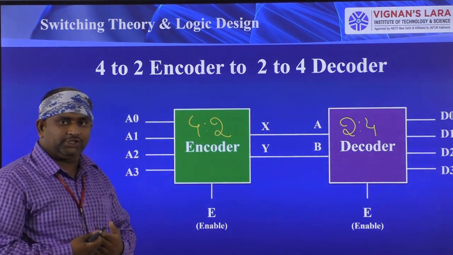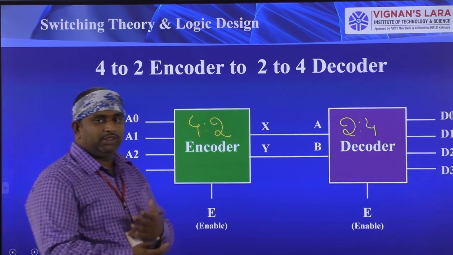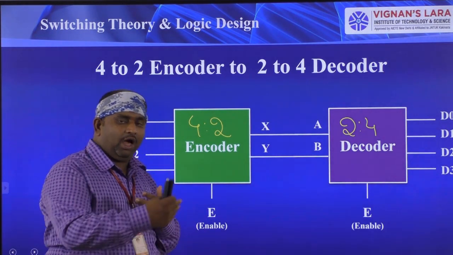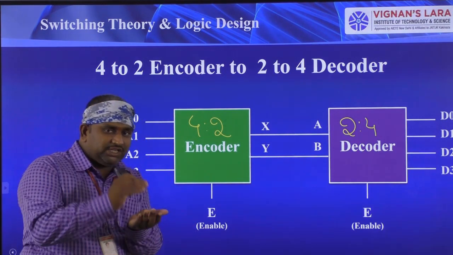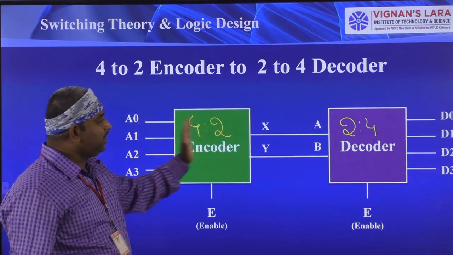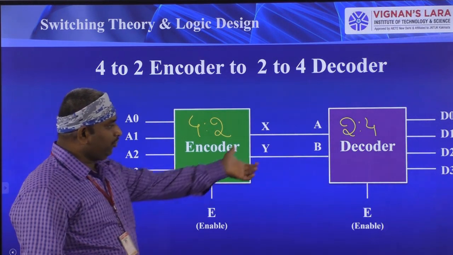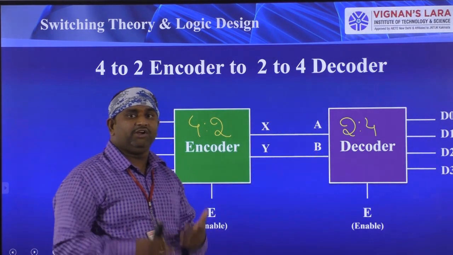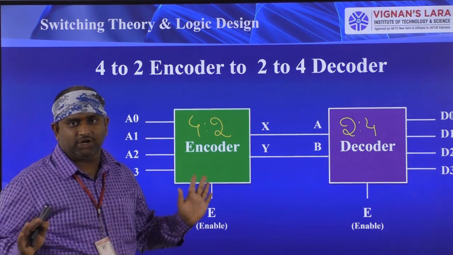In this communication, it may be wired communication, it may be wireless communication. So when the information is transmitted through the wired or wireless medium, you have to transmit a smaller number of lines. This many lines you can't use. Why? Because it will cost more and take more time. If you want to draw 4 lines between the transmitter and receiver, it will cost a lot. For small decoders and small encoders, it is not a big problem.